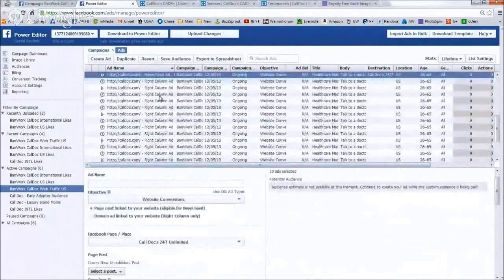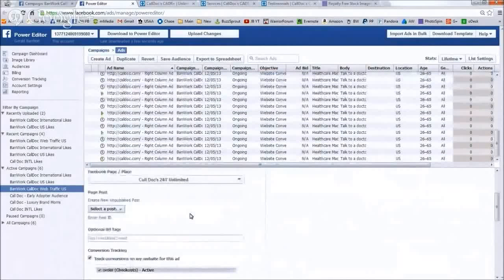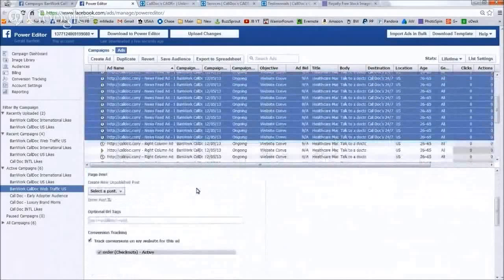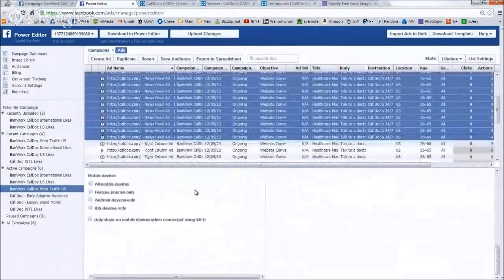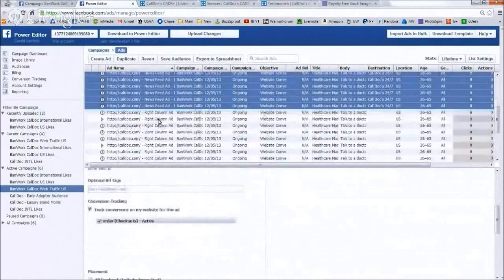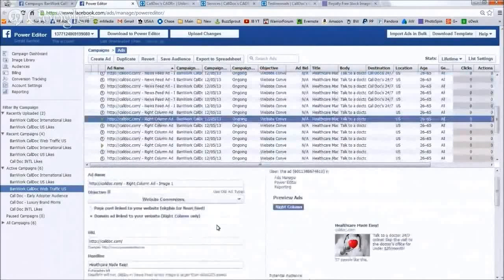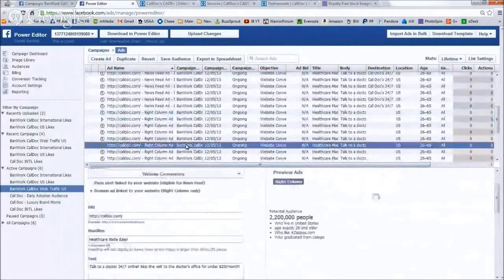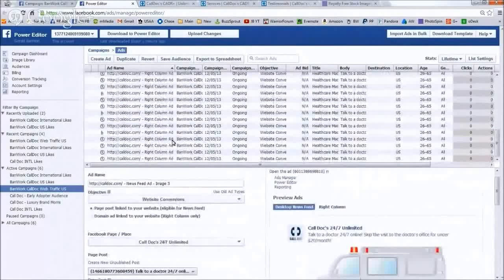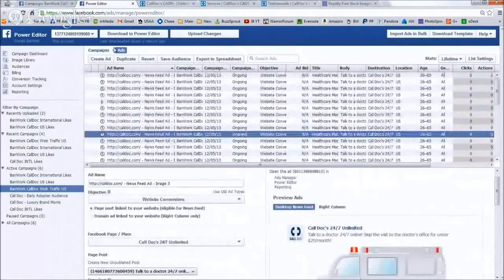There, it looks like I can do them together, but if you notice, I can't mix the newsfeed and the right column ads together. So I can copy and paste the newsfeed ads and do a different version of the newsfeed ad, but then I can't do a different version of the right column ad. So as you can see in this, it's not really worth it with 40 ads in the campaign already to even go through and do that again. But